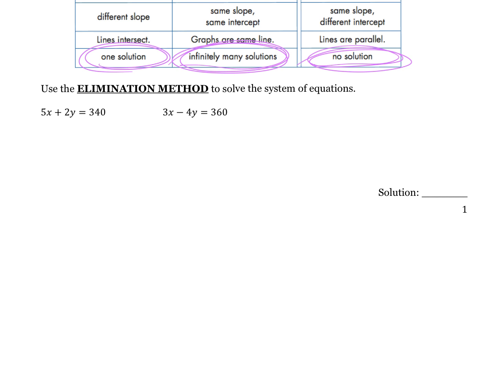Sure, that would get me 30. What would I multiply this one by to eliminate my x? Negative 10 would get me a negative 30 and they'd cancel. Okay, but we're not going to write that down because that's not going to be the easiest way. What if I did,